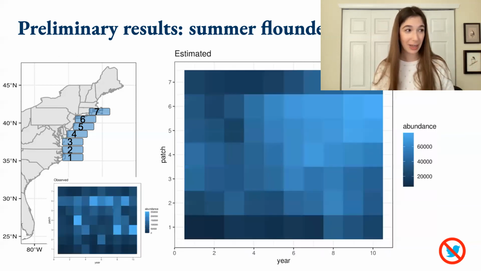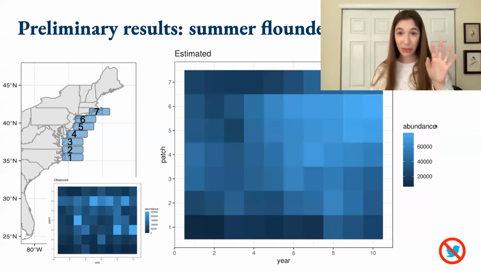So let's look at those plots. This is what the model thinks happened in the final testing decade. What it's saying is that the species continued to shift north and got much more abundant more recently in that decade. On the bottom left, you can see the same plot for the true data, what actually happened. And that is indeed the pattern that we're trying to recreate. So you see an increase in abundance over the time series and a continued shift north, especially in patch 6 in the far northern patches, which the model accurately forecasts with our process-based equations.